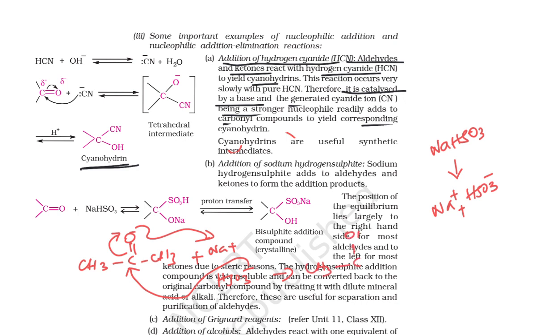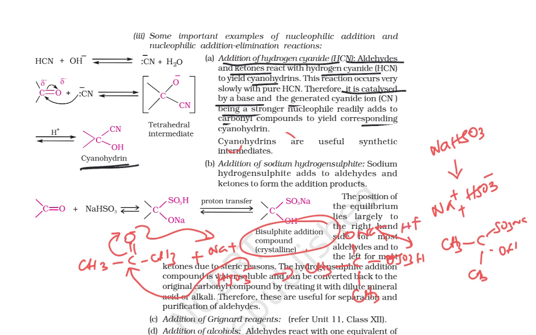The intermediate has CH3, O Na and SO3H, then there is a transfer of proton here. At that time there is a formation of CH3 C SO3Na with CH3 and OH. Clear? This is the bisulfite addition compound, which is crystalline in nature. Here there is a proton transfer reaction. Clear? Okay, next we go for the